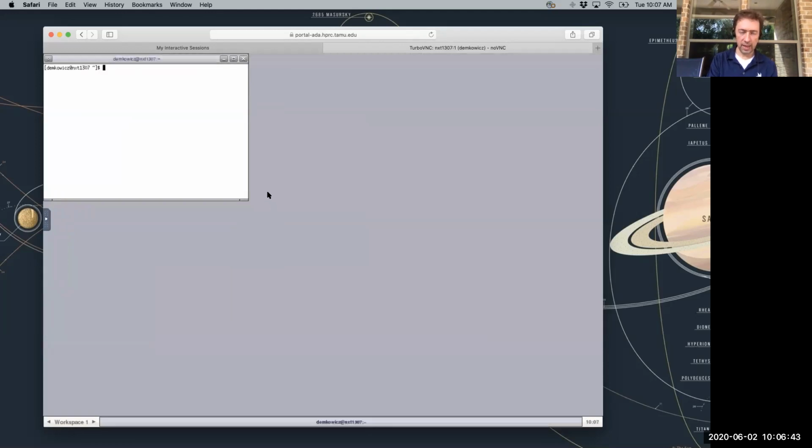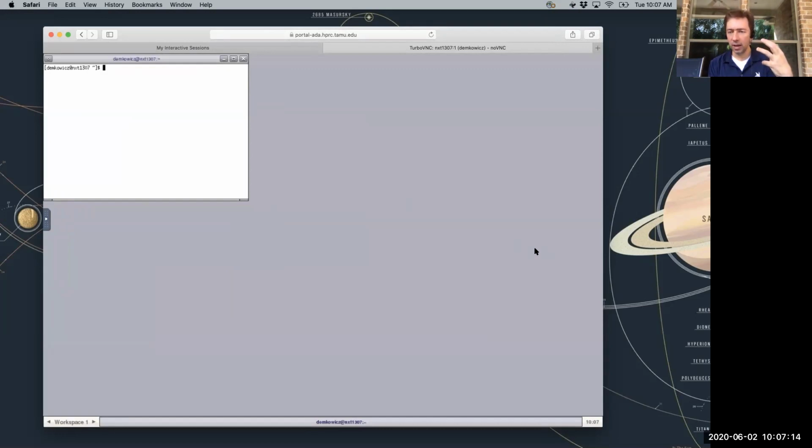And this is a virtual desktop at the HPRC computers. Now, anybody who has worked with Linux before and a command prompt before knows that you can also log in just via a regular X-terminal window. Mac comes automatically. If you have a Mac computer, it automatically has an application that does that. For Windows, I think you might have to download one, but it's fairly easy.